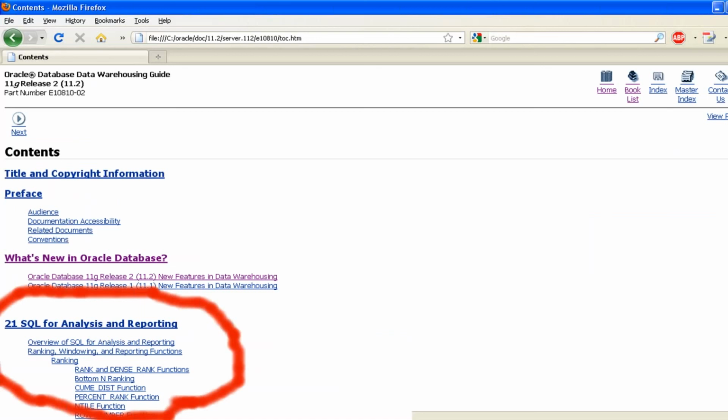Now, I don't know about you, but as a general rule, I don't open up the Data Warehousing Guide Chapter 21 when I'm thinking, oh, I need some information on SQL. But unfortunately, that's where we've got it. So I can't stress enough, go have a read of the Warehousing Guide. That's where all the good examples are for analytics.